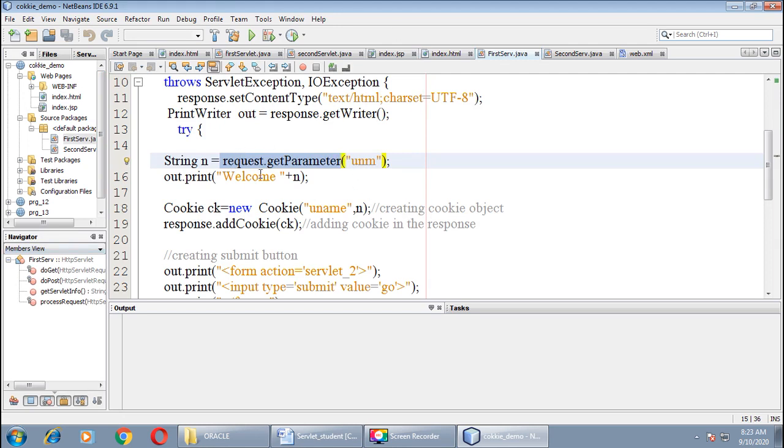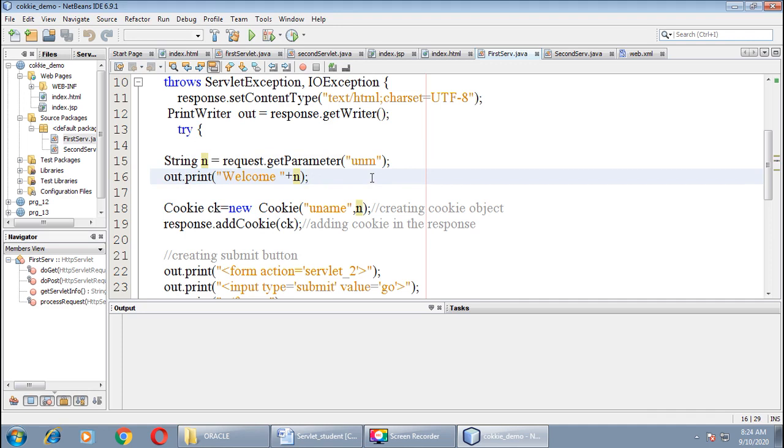So I wrote request.getParameter("unm"). Whatever value is entered by a client in the unm text box, we will get that value in object n, right? Then we'll print that value through out.println("welcome" + n).